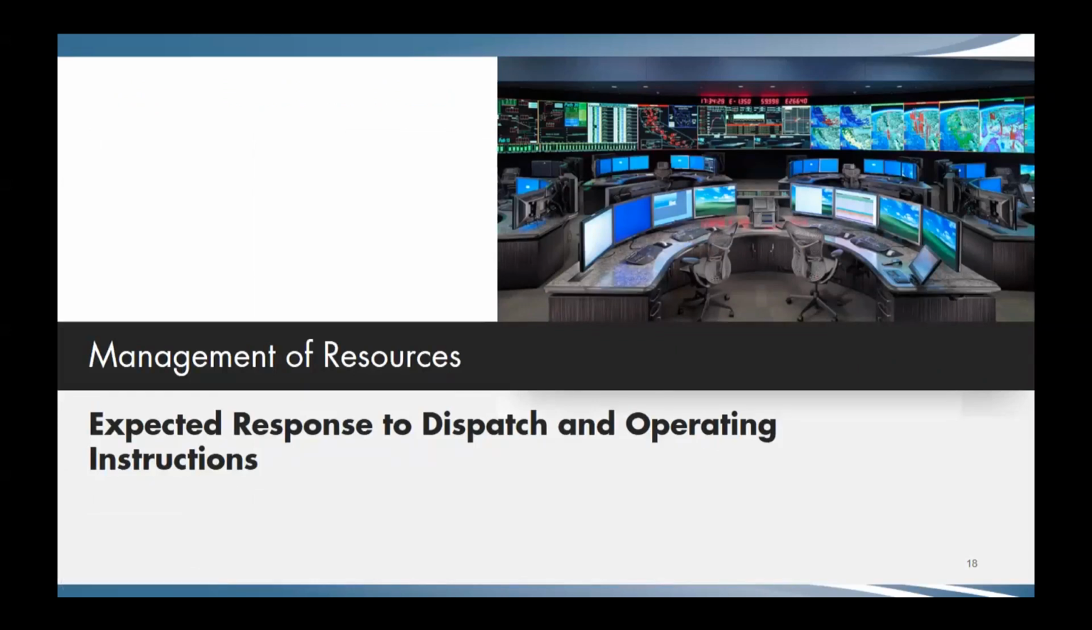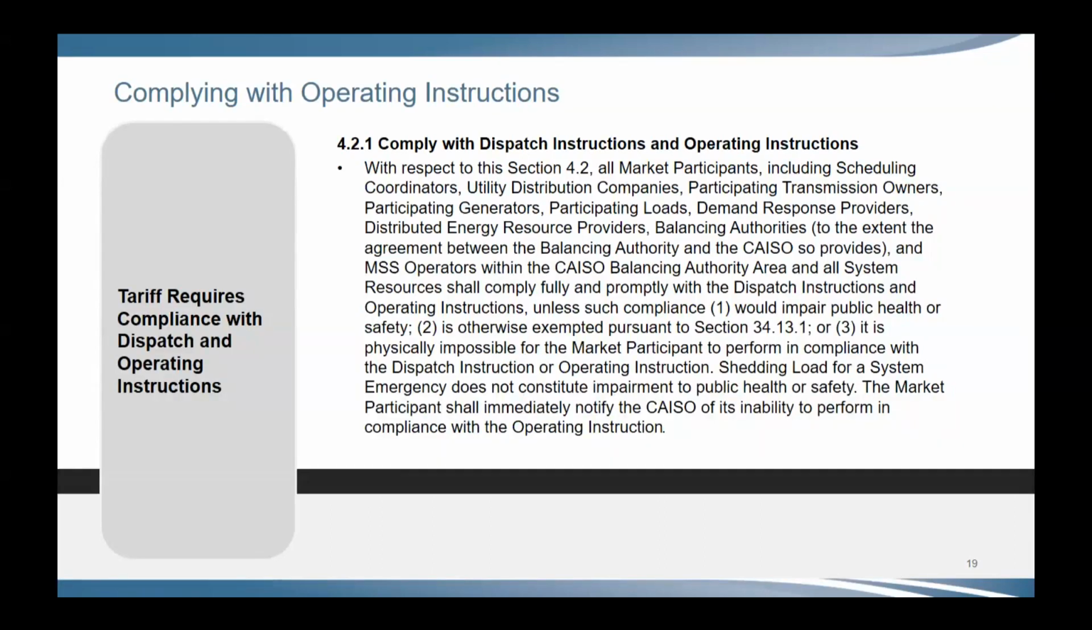So moving on, we just talked about the testing. Now let's move on to talking about the expected response when you receive these dispatch operating targets, the operating instructions. So this goes back to that proper management of your resources. I know it's a lot of words, right? But this is from our tariff, section 4.2.1, and it spells out how to comply with dispatch instructions and